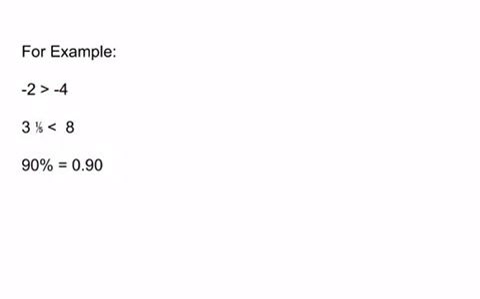For example, -2 is greater than -4. 3 1/5 is less than 8. And 90% is equal to 0.90. Don't forget, in our previous lesson,